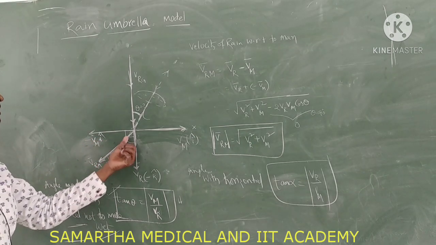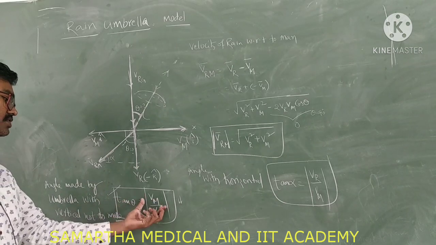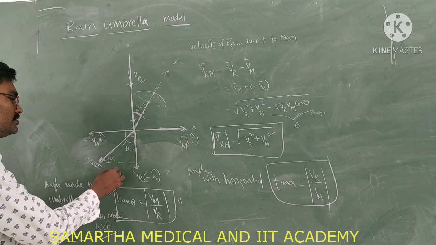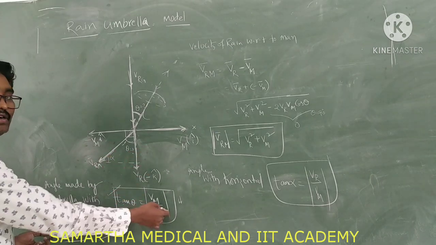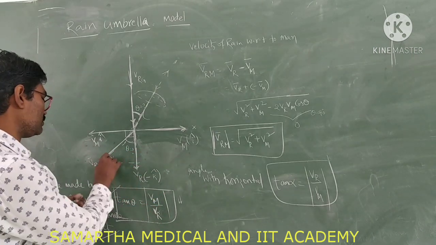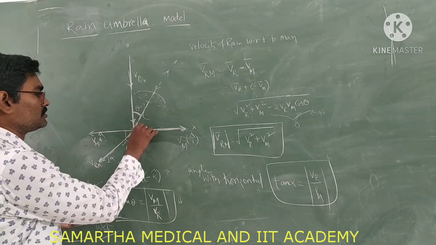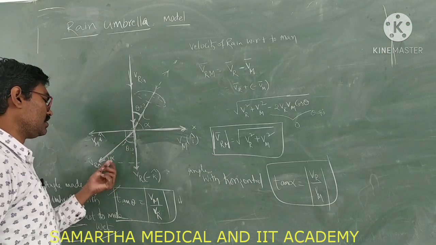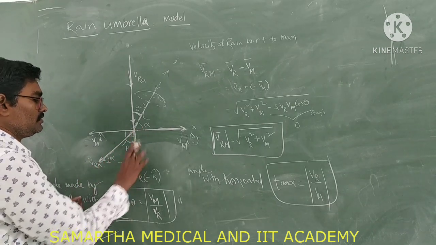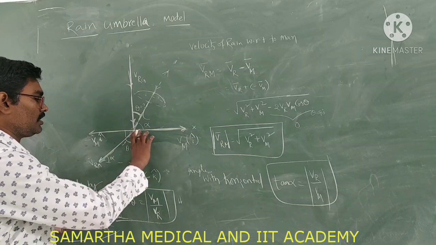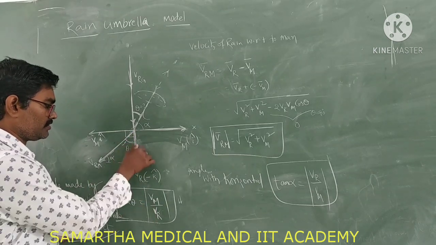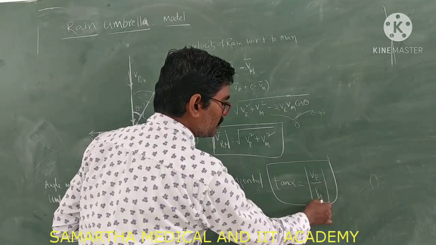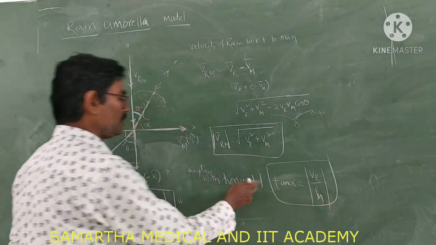So the angle made with the vertical is tan theta is equal to modulus of VR. Tan theta with the vertical is equal to opposite by adjacent side, so Vm by VR. That is with the vertical. If they ask with the horizontal, suppose this is horizontal, that alpha they are asking me. What is tan alpha? Tan alpha is equal to opposite by adjacent side, so VR by Vm. This is Vm by VR with the vertical, and with the horizontal it is VR by Vm. So modulus of VR by Vm is the angle with the horizontal.